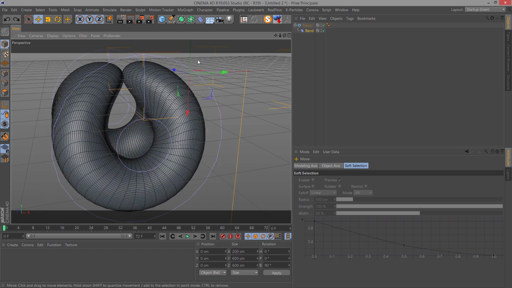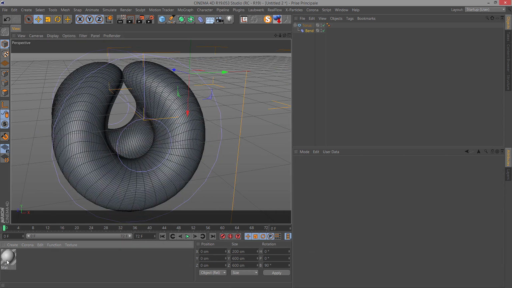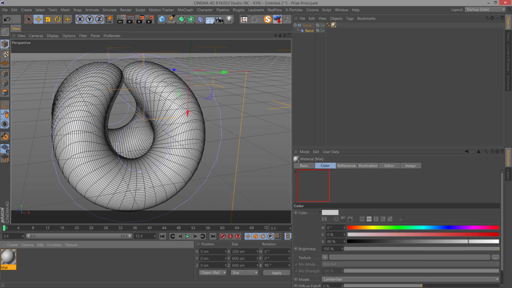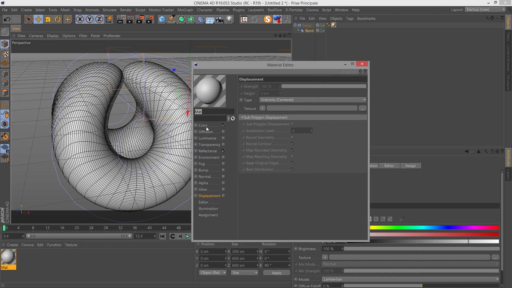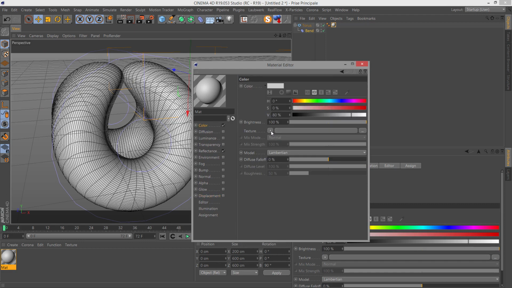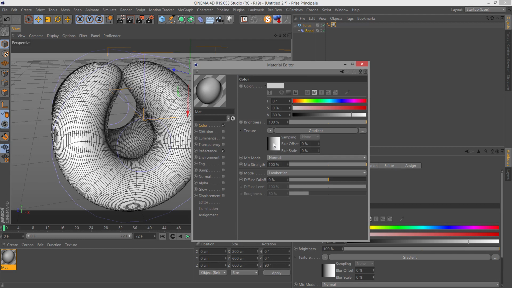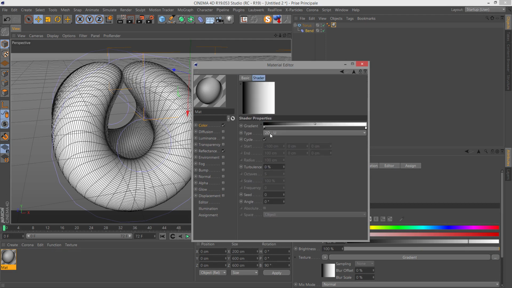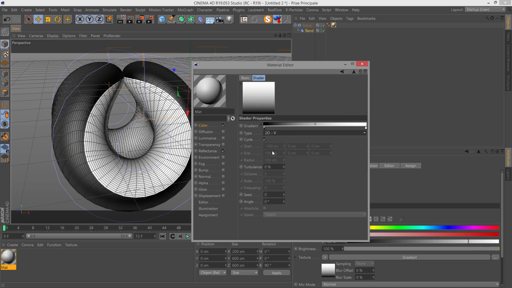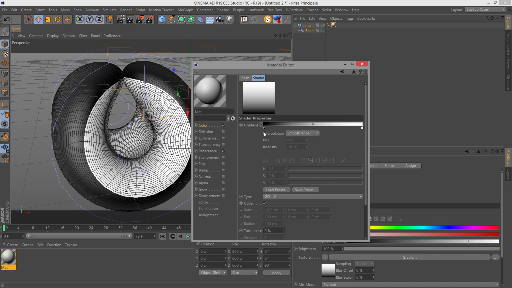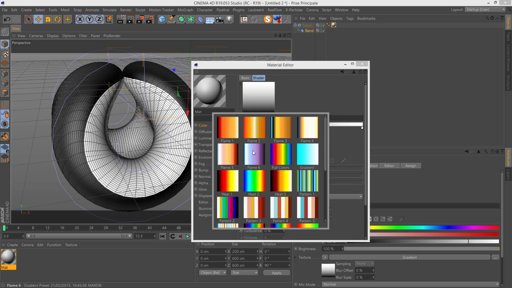Then we can add a material, so double click, put it on the torus, edit material, go to color, texture, and add a gradient. Click on the picture here, and we choose 2D V, and gradient. Click on this black arrow here, you get this menu, load preset, and I will choose this one.